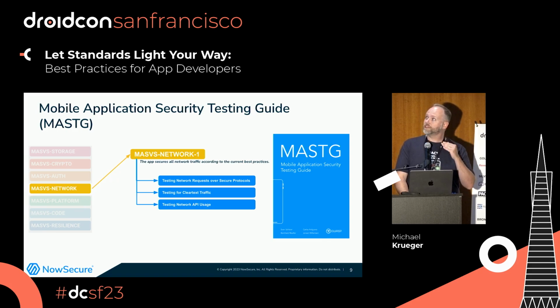Each one of these, the MASTG, goes into great detail. How might a security practitioner do this statically? How might they do it dynamically? What sort of tools might they use to look for a compromise or exploit a compromise? But they also provide guidance, recommendations, and remediations for developers on how do I avoid this? How do I avoid getting compromised? How do I avoid a security finding or a bug report or any sort of informational or risk-related finding coming back on my network communications or any other category for that matter?